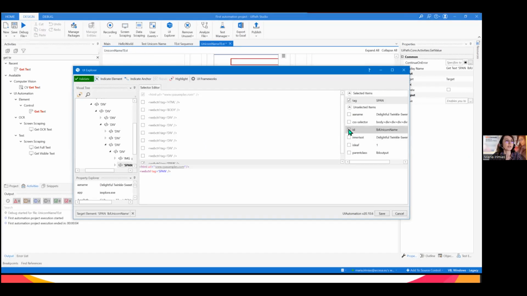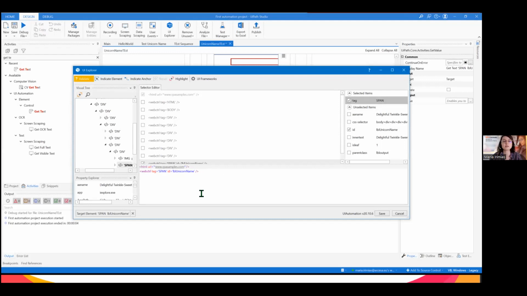And I'm making sure that it's uniquely identified. If I'm not doing that, if I just leave it as default, for example, it will go and look for a control in my page which has the tag span, and there can be several elements with that attribute.